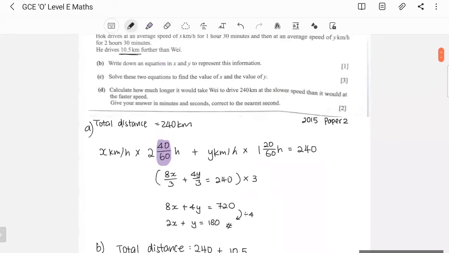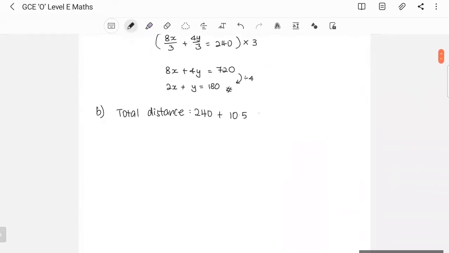So his total distance is 250.5 km. What we know is he travels at x km per hour for 1 hour and 30 minutes. Same thing, we have to convert, plus y km per hour times 2 hours and 30 minutes. This equates to